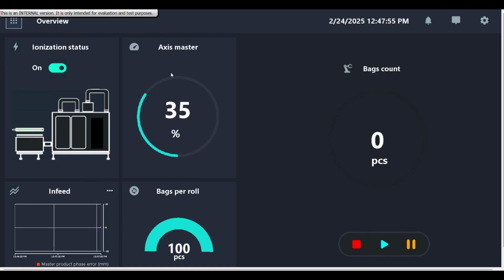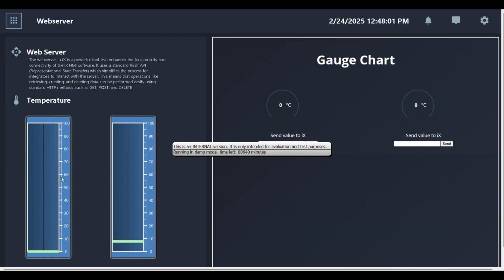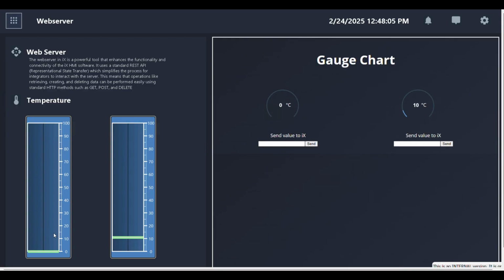Click on the menu icon in the top left and select Web Server from the menu. Now, you'll see our two temperature sliders on the left and the web browser on the right, showing the temperature values. Notice how the Temp2 slider is slowly counting up from 0 to 100, and that value is reflected in the browser's radial gauge. Let's drag the Temp1 slider to 50. Now you see the web browser instantly reflects that value, visualized in HTML.